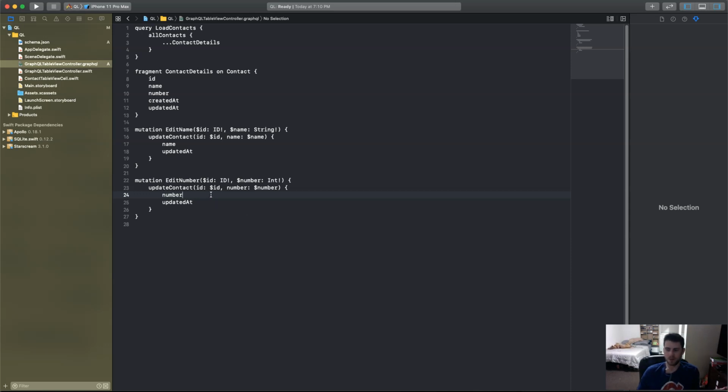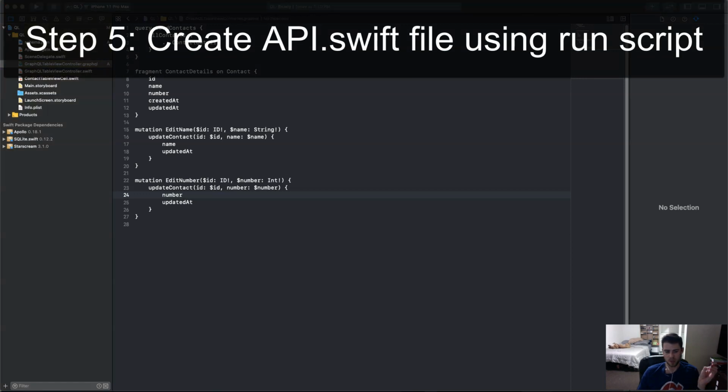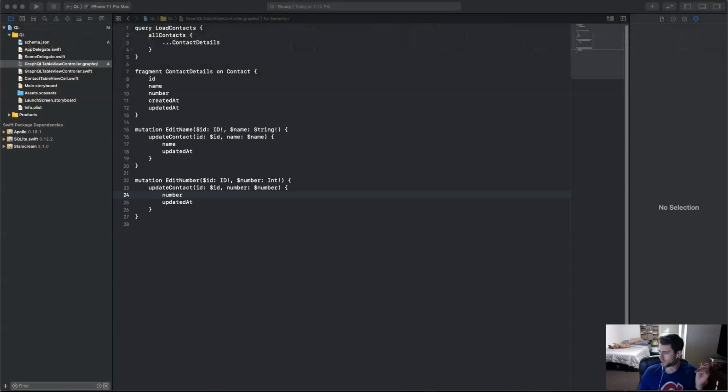So we should be good. Now the next thing we're going to do is create an API.swift file using a run script. That run script is given to you by Apollo. So if you go here to Apollo's site,